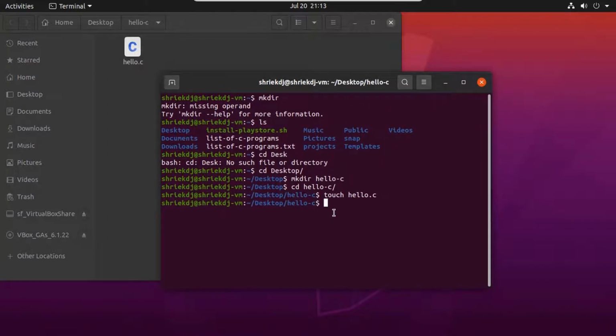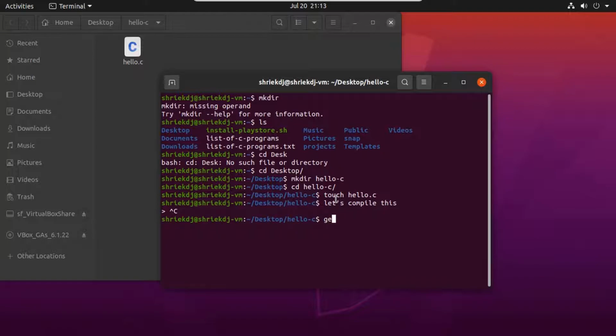After saving we have to compile it. We cannot run this file directly because it is just a file of source code. We have to compile it into a binary file or a computer program file.